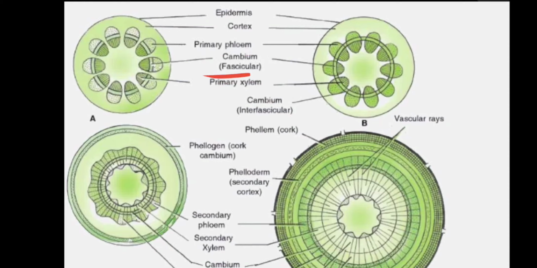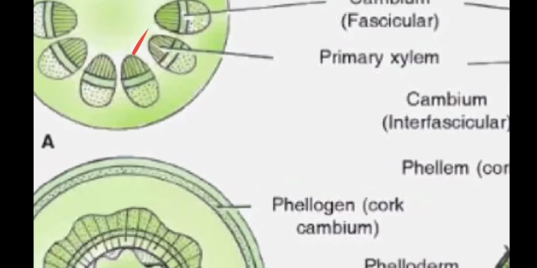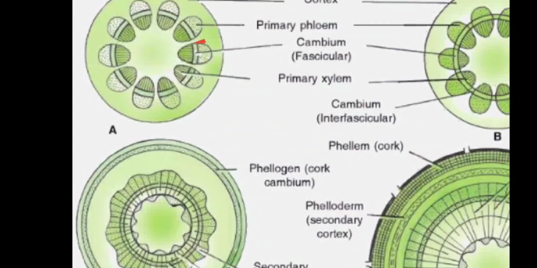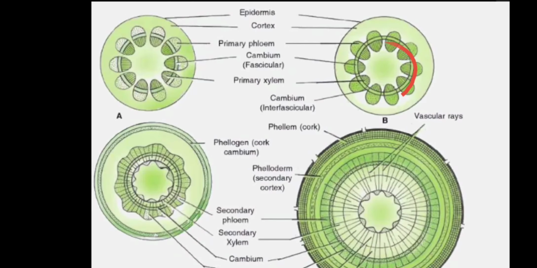Now near this vascular bundle you will see medullary rays are there. Some of the cells of the medullary rays become meristematic and they start forming the interfascicular cambium. They start forming the cambium over here also. So the intrafascicular cambium and interfascicular cambium make a complete ring. So a complete ring of cambium is formed.